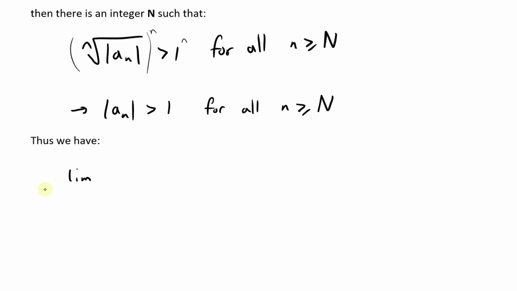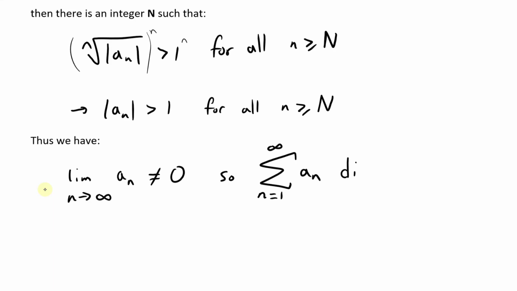Because remember the test for divergence: the limit as n approaches infinity of an in general, without even the absolute values, because even if it's negative, it's still not going to equal 0. So an right here, because the absolute value is greater than 1, is not equal to 0. So let's write it like this: the summation from n equals 1 up to infinity of an diverges, and this is by the test for